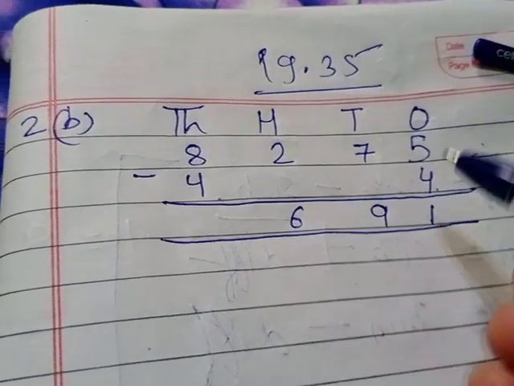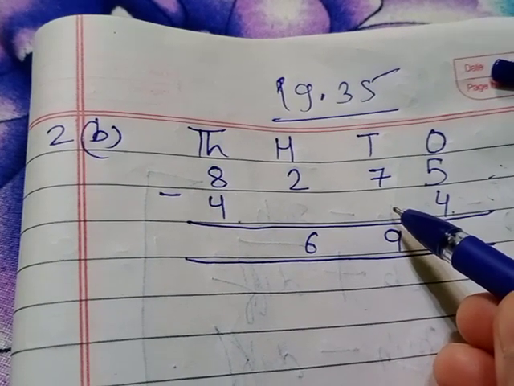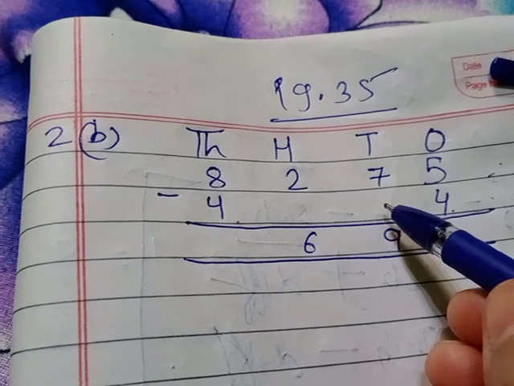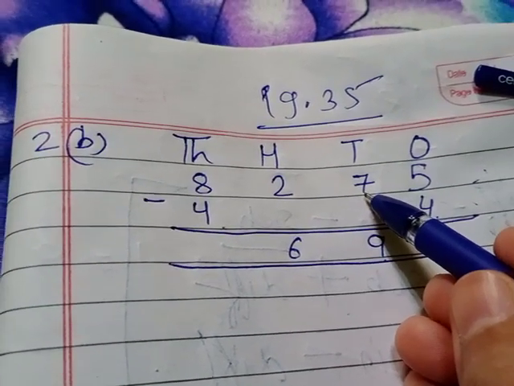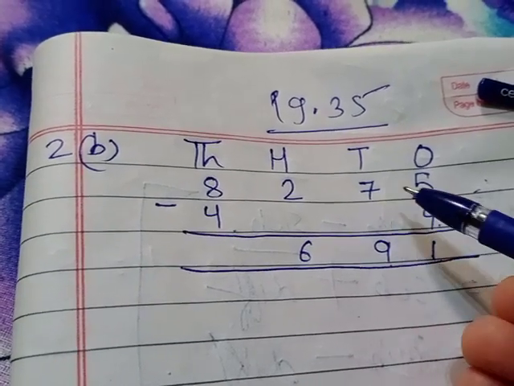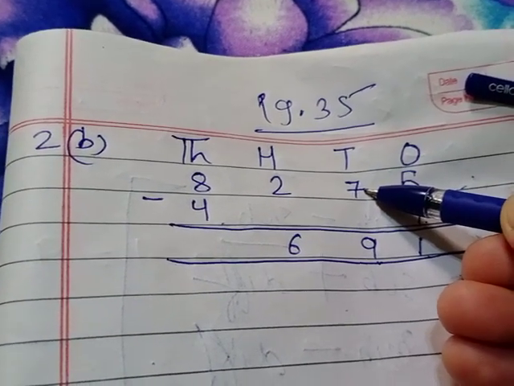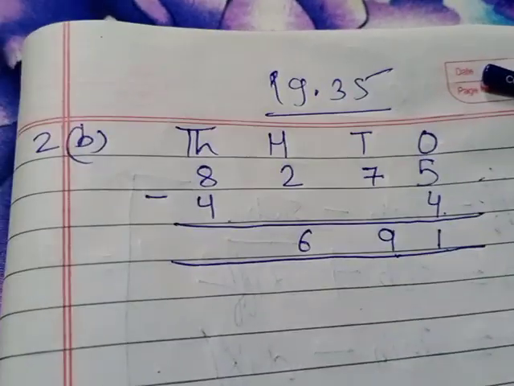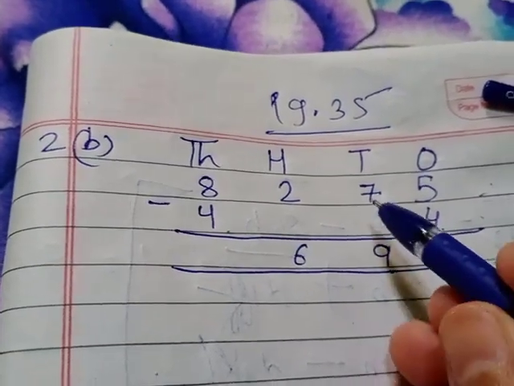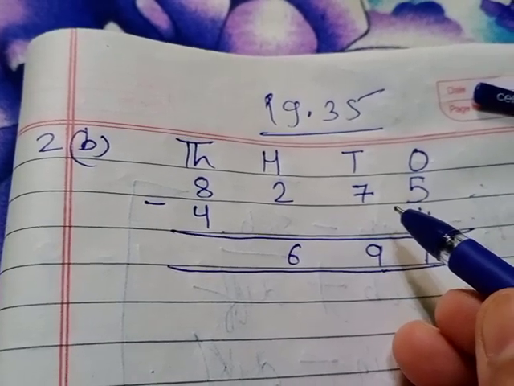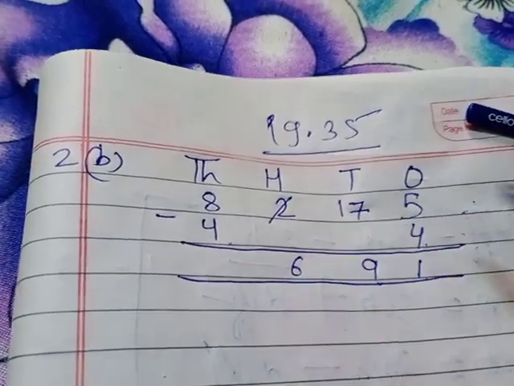Clear? Then here we have to find the subtractand. For the subtractand, what rule did I tell you? Minus, we have to do the difference and the minuend, right? Now, how to subtract a bigger number from a smaller number? Is it possible? It is not possible. So we cannot subtract a bigger from the smaller number, I told you. For this purpose, what do we have to do? Borrowing 1 to this place.